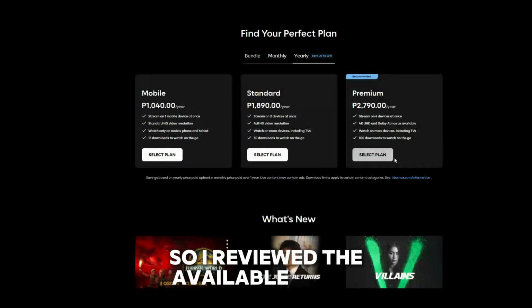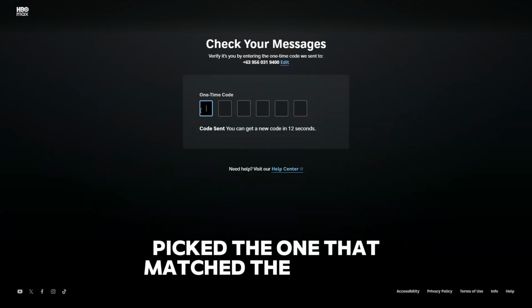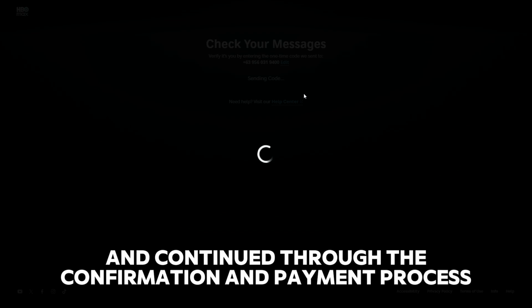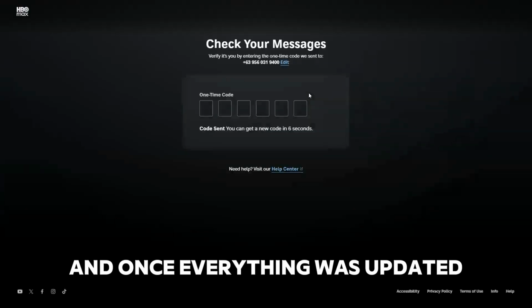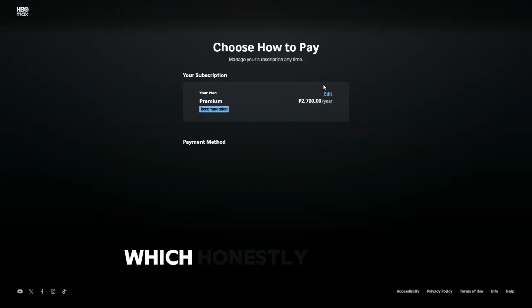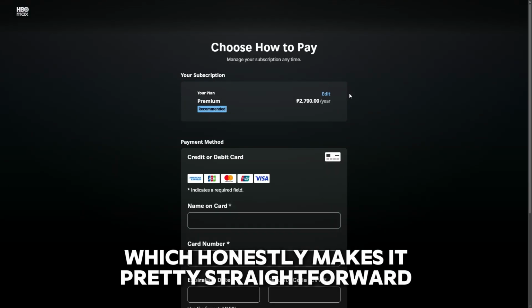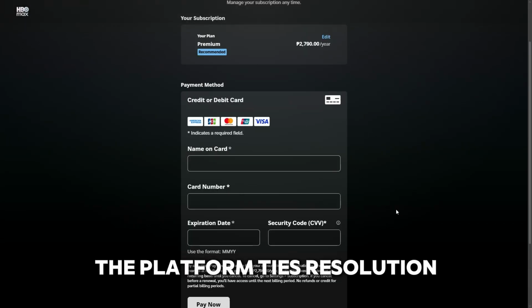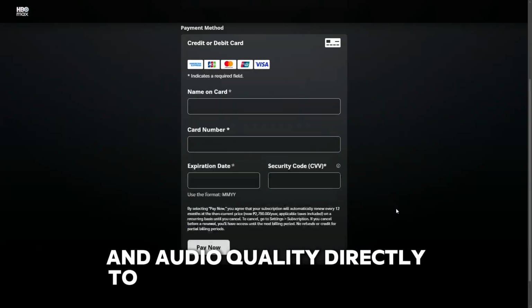So I reviewed the available plans, picked the one that matched the quality I wanted, and continued through the confirmation and payment process. And once everything was updated, my streaming quality options immediately reflected the upgrade, which honestly makes it pretty straightforward because instead of adjusting a simple toggle, the platform ties resolution and audio quality directly to your subscription